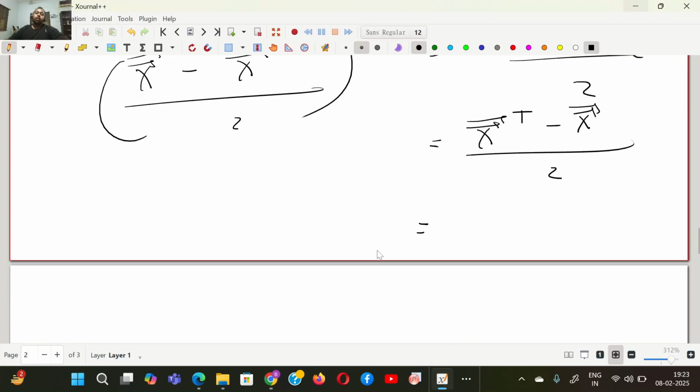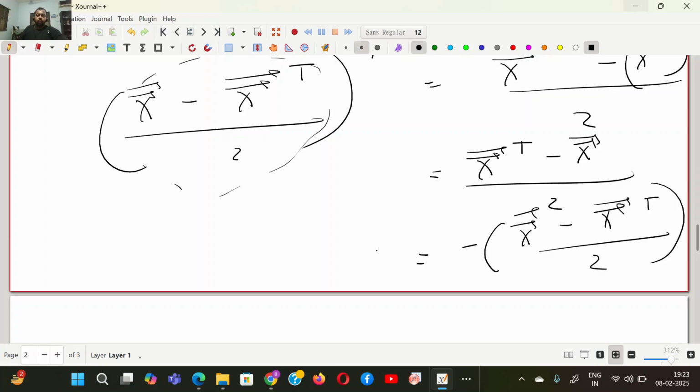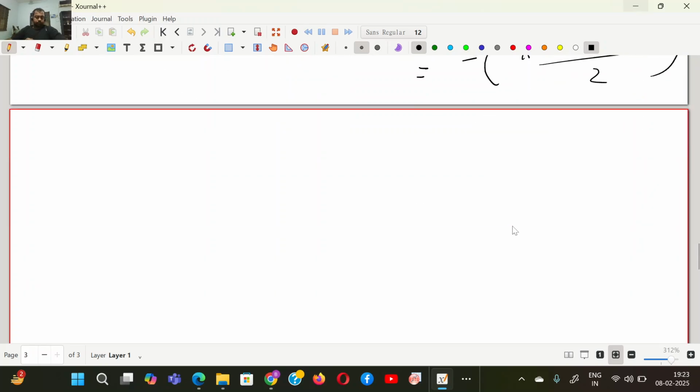Forget it. So basically, this is just a negative of this. Minus of x minus x transpose by 2. Okay. So transposing this thing is just a negative, right? So this is anti-symmetric. Likewise,